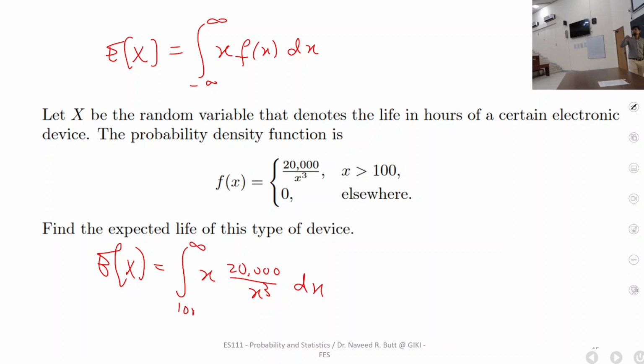Because all the possible values, the way you are given the function, they are saying x cannot be less than 100. So no point. In fact, you will get the wrong answer if you include minus infinity to 100 also. So you have to exclude that part. It's almost like saying, we started with minus infinity to infinity, but then we realized that minus infinity to 100 had a density of 0. So this part only applies to 100 to infinity. So the rest is removed. Now it's simply a matter of integration. So integrate this thing and put the limits, and you will get